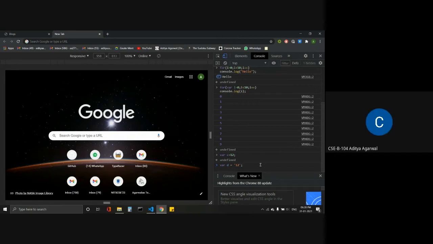So for practical purposes, let me show it to you. I have declared two variables. C is equals to 12, which is the integer type, and D is equals to string 12. The single quote represents string. Actually, you can use double quotes or single quotes in JavaScript. There is no compulsion. Both are treated as same. The 12 in this is treated as string, and string 12 is stored in the variable D.